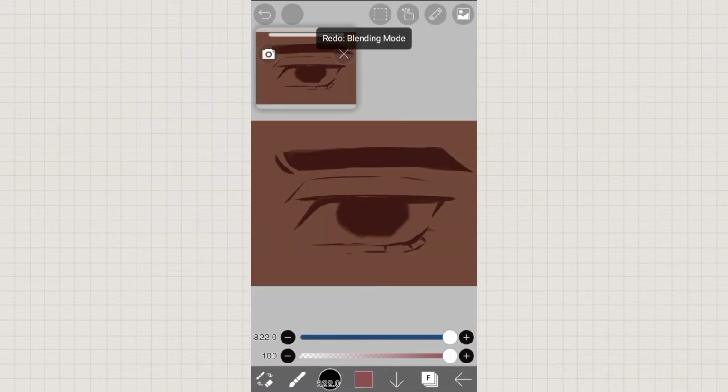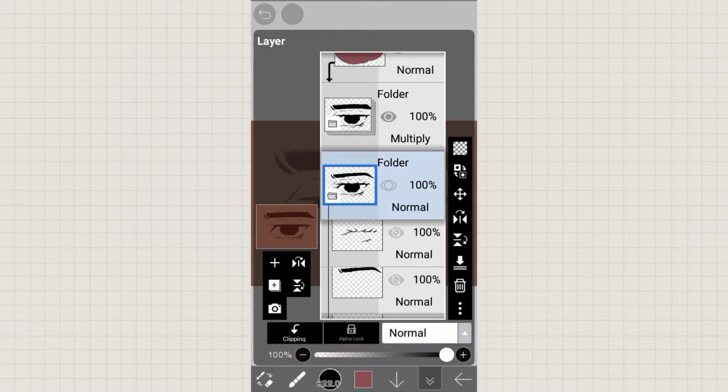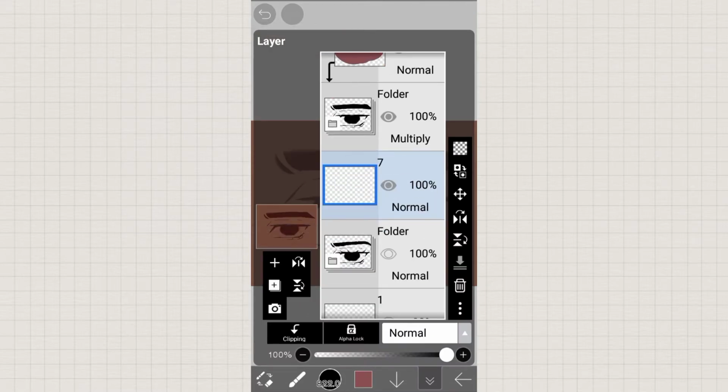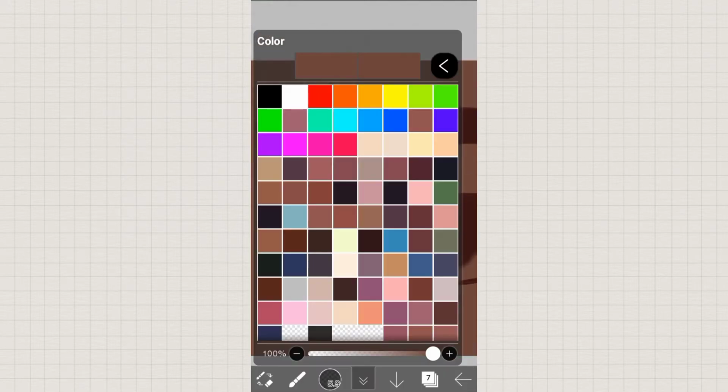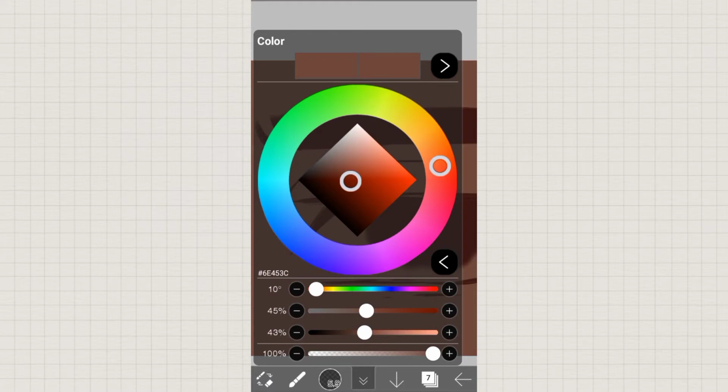So what I normally do when I want to color the whites of the eyes is I color it white at first. I pick out the color, I color it white. I either choose a grayish hue of the skin color, or I use a plain white, color it,